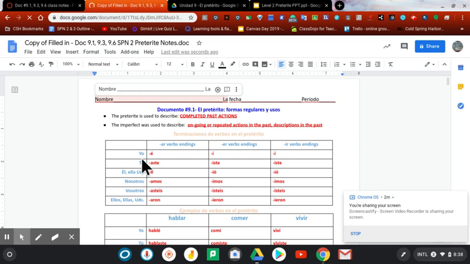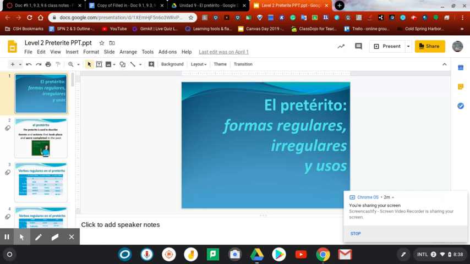Some of you put the accents in the wrong direction, but you put it on the right letter, and I gave you full credit. You will have a test on the preterite, and I'm not going to go in there and be giving you credit. It's up to you to add your accents correctly and on the right letters. So if you need help with the accents, please take time to message me through Canvas, and I'll be happy to sit on a Zoom with you, and we can go through those accents. Okay, so going back to the preterite now.